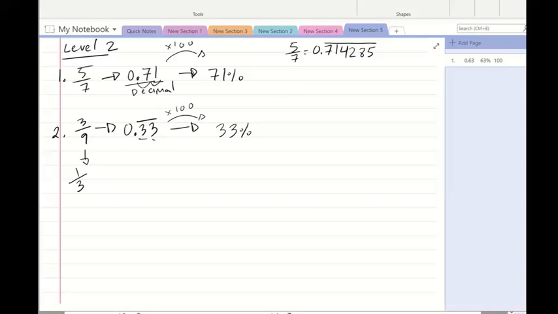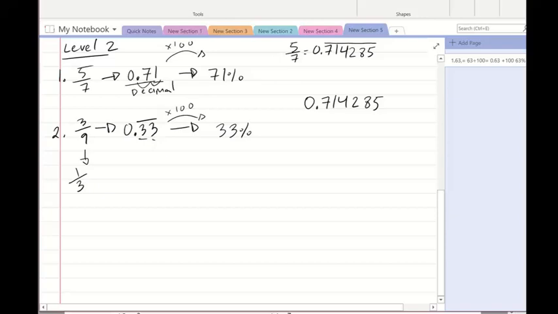All right. While we're on this topic, I want to talk about significant figures and rounding. So let's say you have a number, let's say this one right here, 0.714285. If I say round to 2 decimal places, that means you're going to give me 2 numbers after the decimal. So 1, 2,